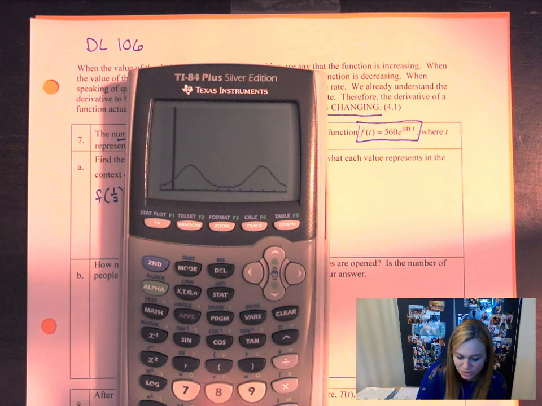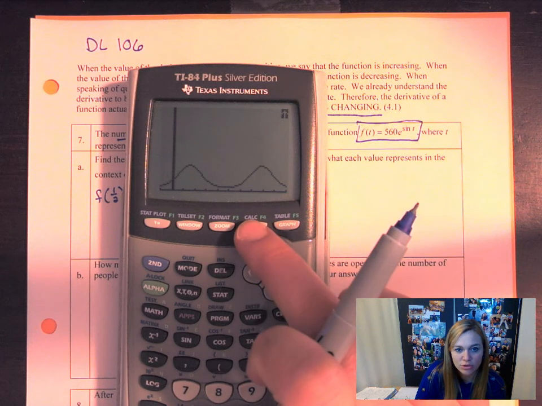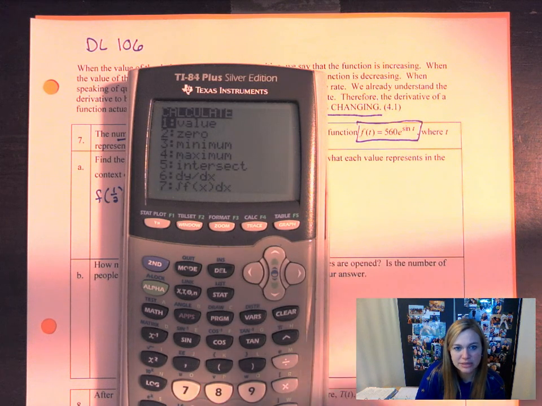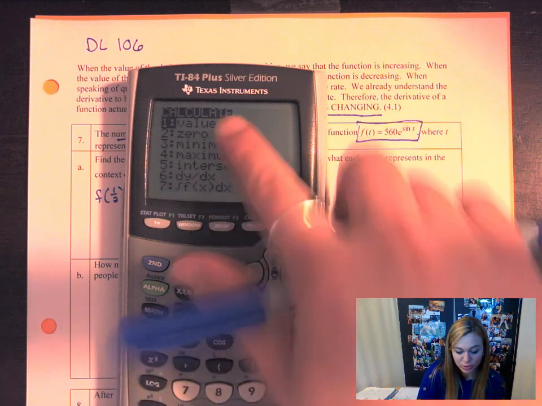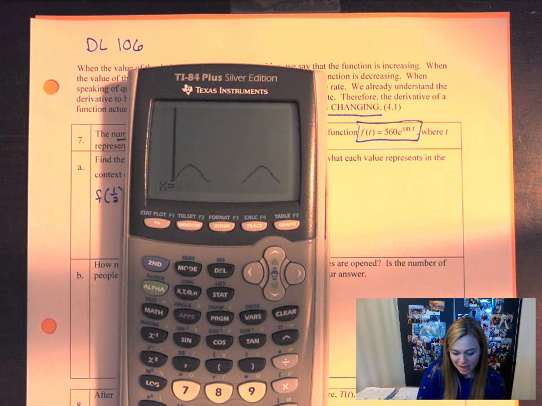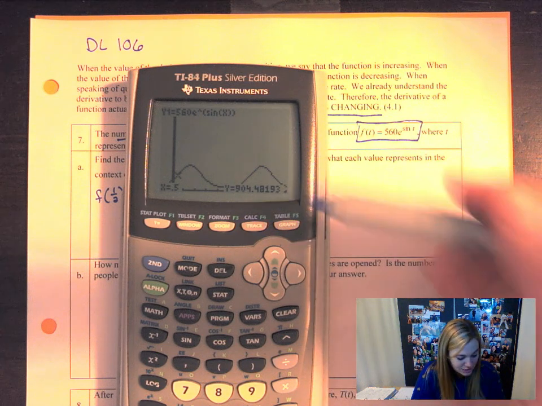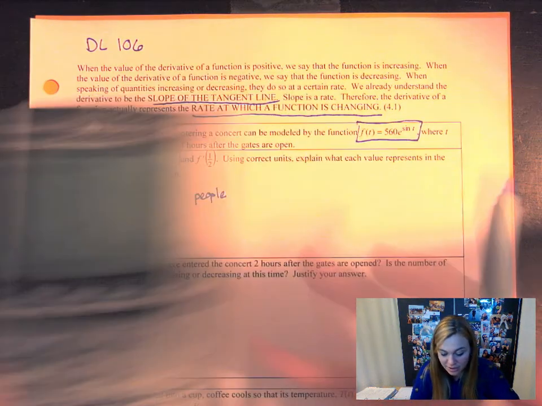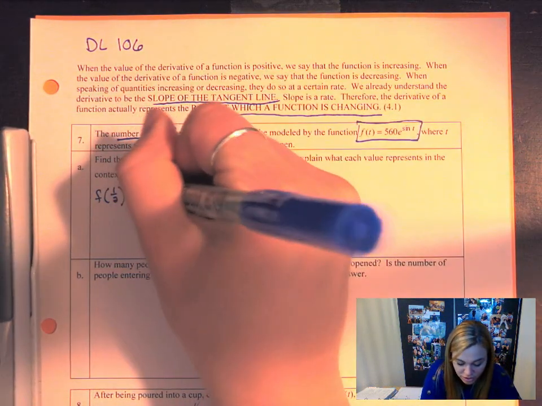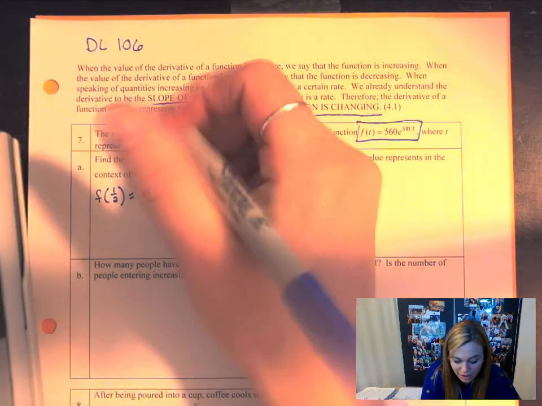And so what I'm going to do next is I'm going to press second, and then calc. So let's trace. I'm going to go down to the value, which is just number 1. If I push enter, I can type in 1/2, and then I push enter again. And what this is going to do is my function value is going to be this. And so I'm actually going to put 904 point, and even though this looks crazy, I'm going to write